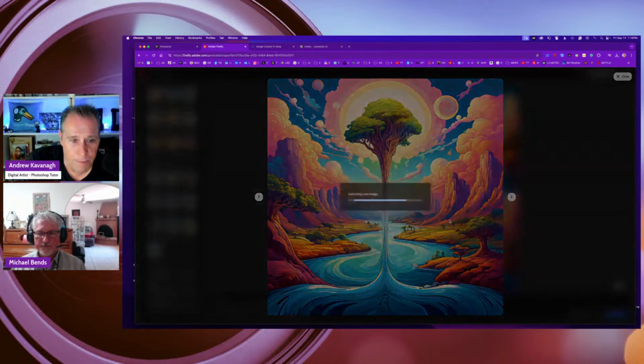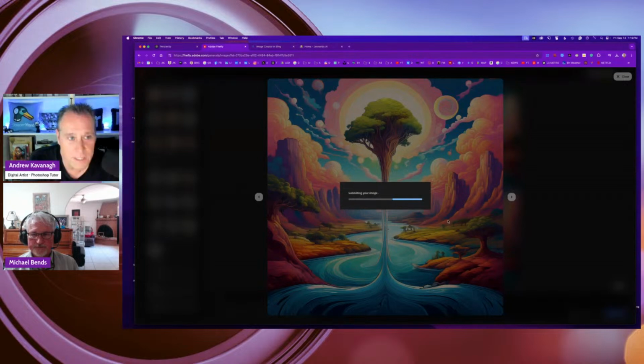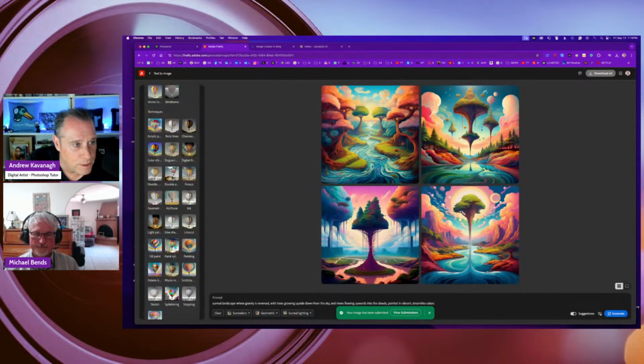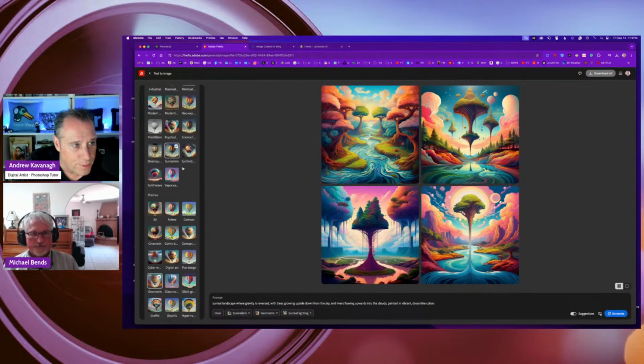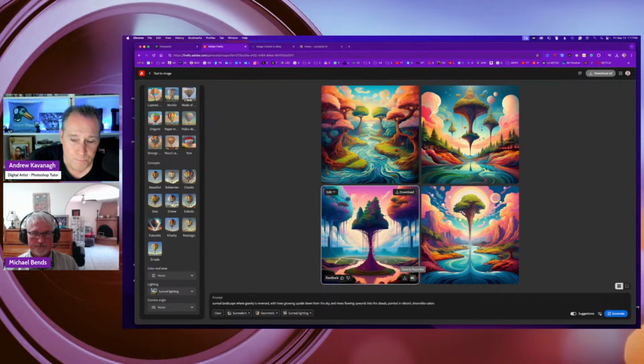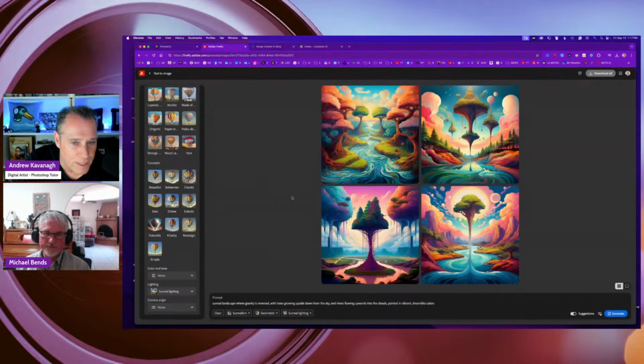Once you have a good solid prompt, you put it in, you choose art or photo, and you choose the aspect ratio for the kind of layout size. And then I would just spend time going through the different options. There are all the different creative techniques and themes. And if you choose something that's more photo focused, then you have the lighting and camera angle. But the more you play, the more you get comfortable with it and know what to expect. Then you know where to go to get a certain effect or style that you want.